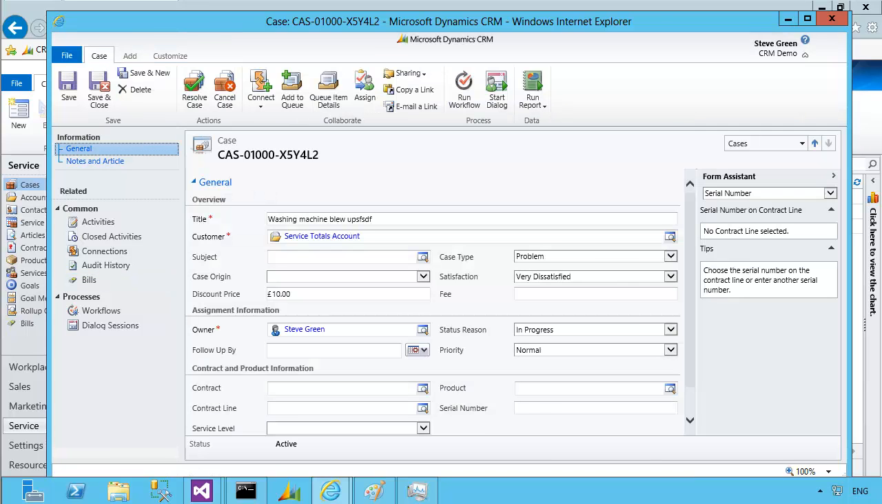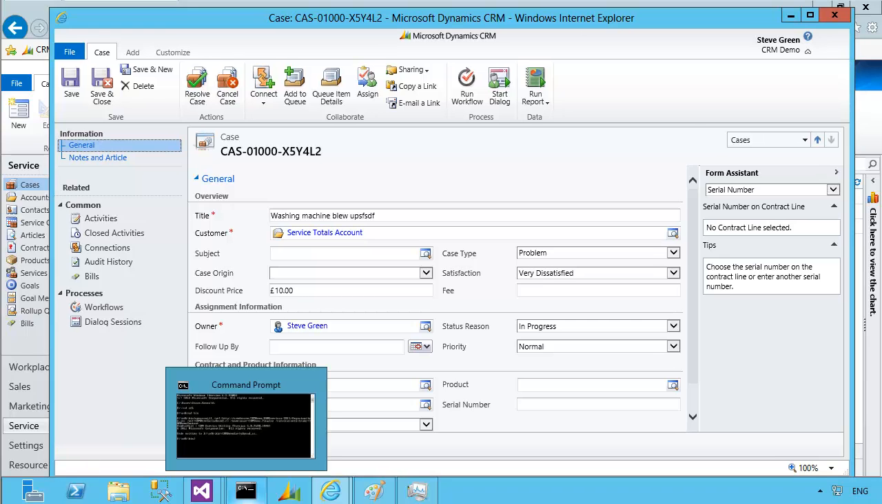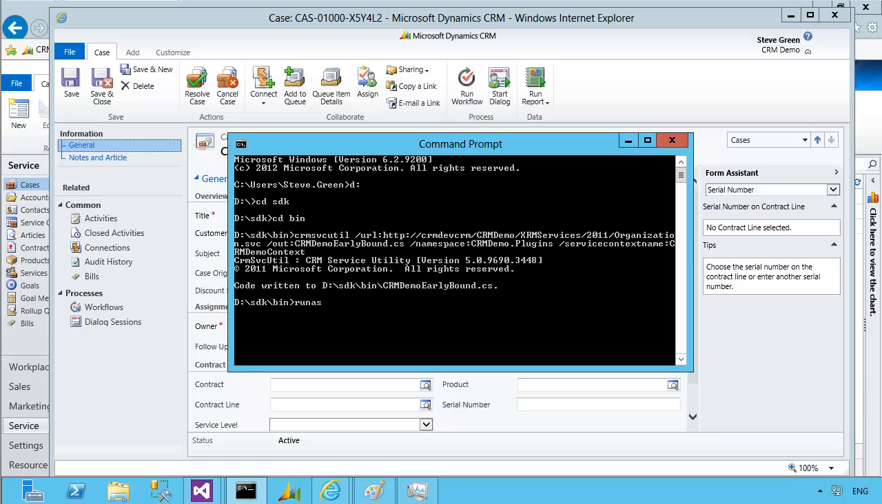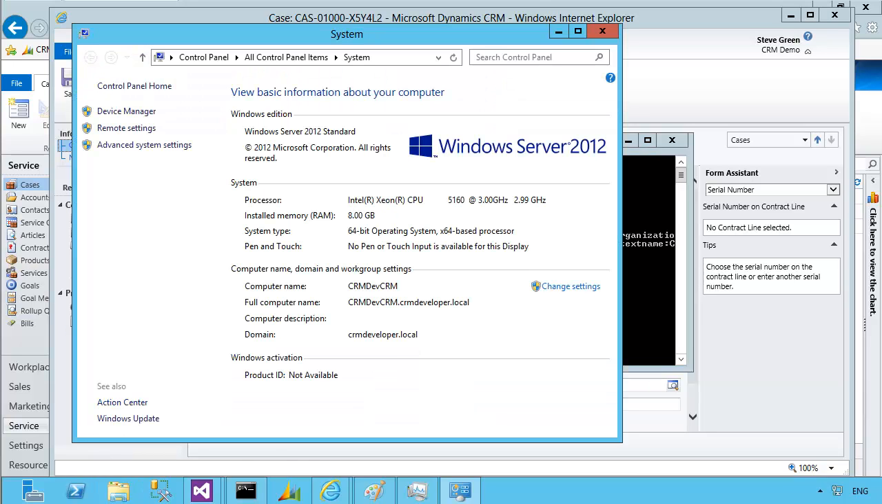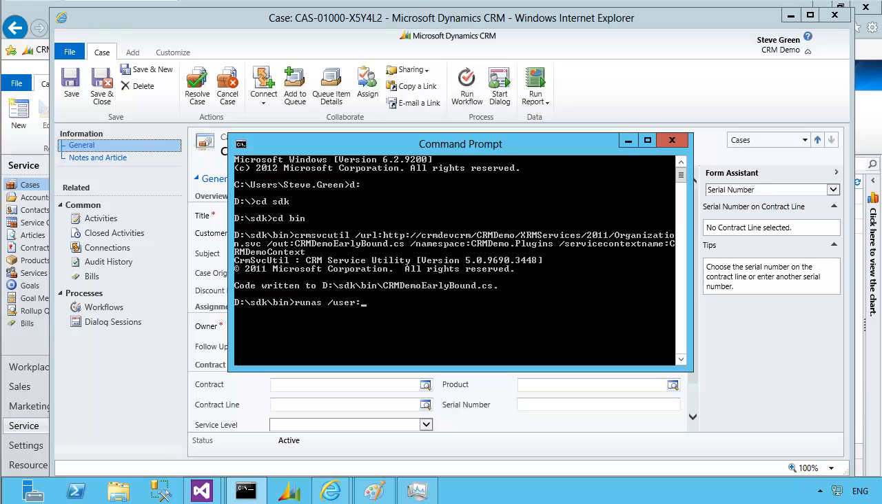Now we need to just test it. So I'll run the browser as a different user. I've created a couple of dummy users. I can't remember what my domain's called now. Sorry about this, let me just check my domain. crmdeveloper.local, I should know that. So I've just created one called user1, and then we're going to be running